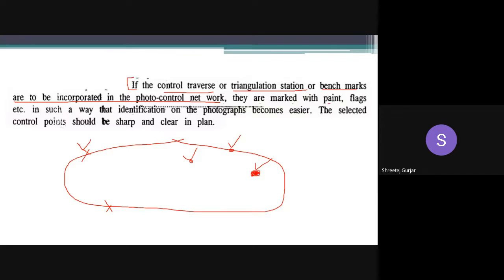So you mark those important points which you want to incorporate, so that they can later be identified on the photograph. That is one important point which I have explained now.